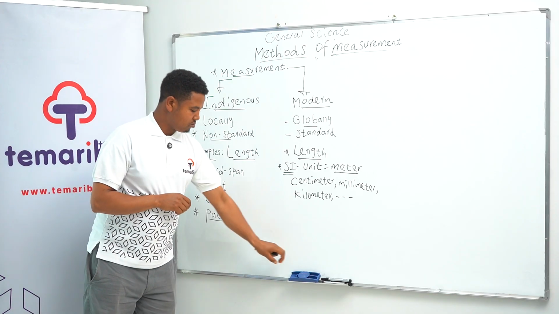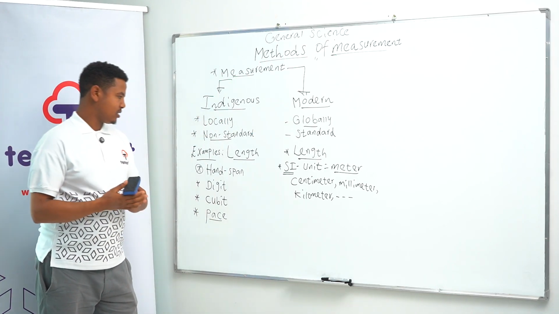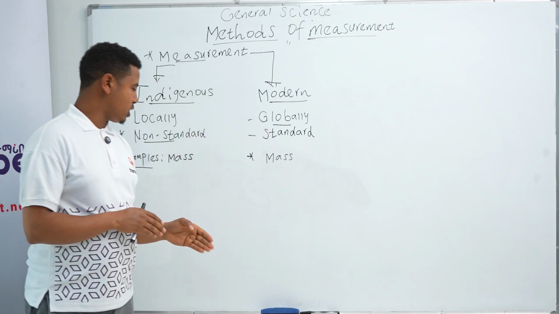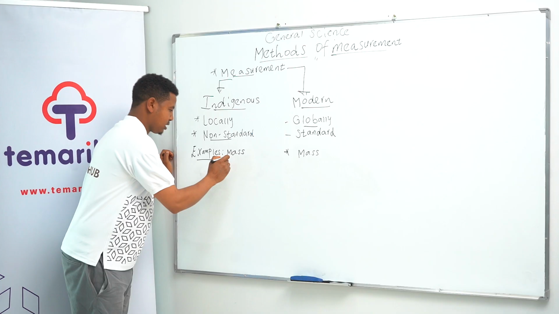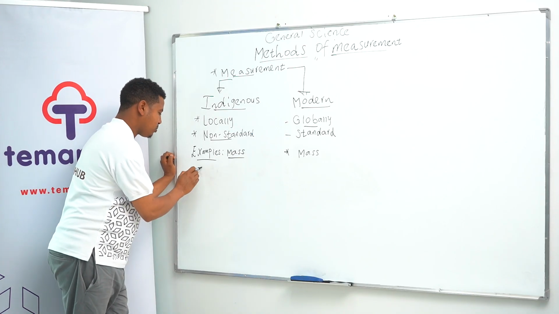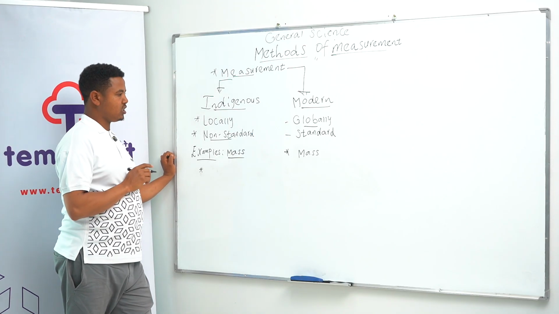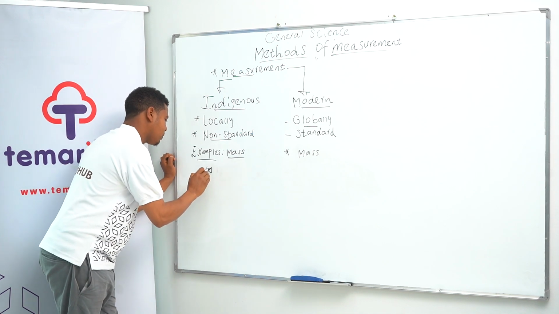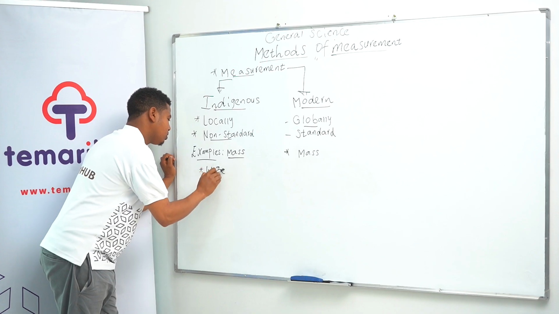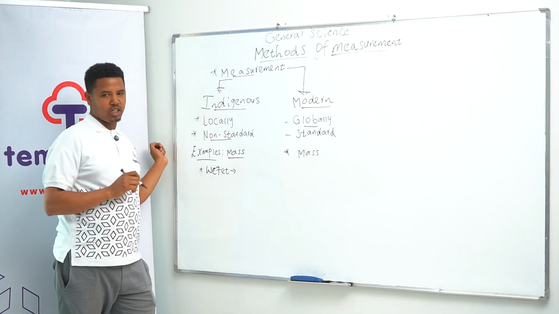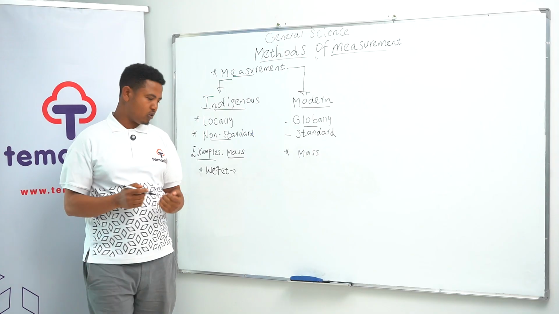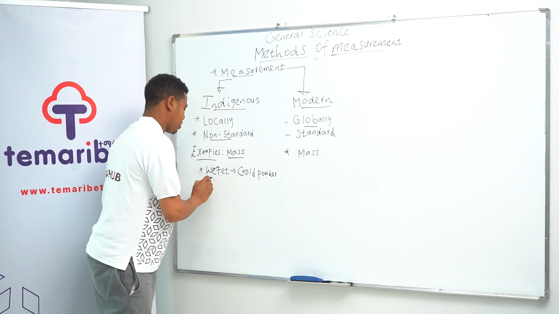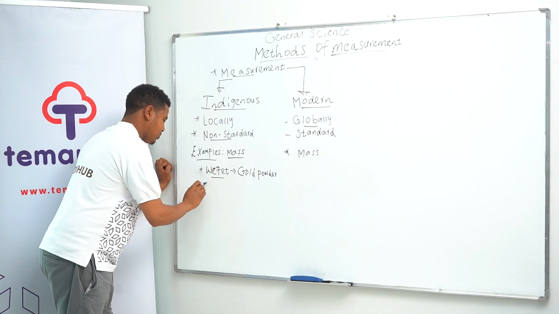Let's see the other unit, for mass. So there is also an indigenous and a modern unit for mass, like the lengths that we have seen. The most common indigenous units of mass are like Wukiyet, which is mostly used for measuring gold powder. The mass of gold powder is determined using Wukiyet. And the other one is Feresula,